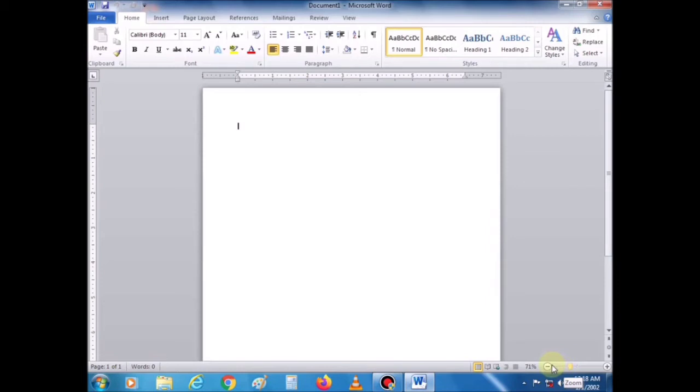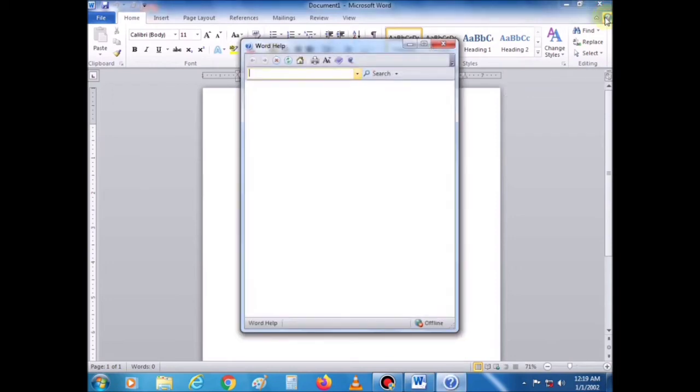Next is how to get help. If you need any help while working in Word, simply you can press F1 key or click the Microsoft Word help button on the right corner of the window. When we click on this button, you can see a Word help window appears.